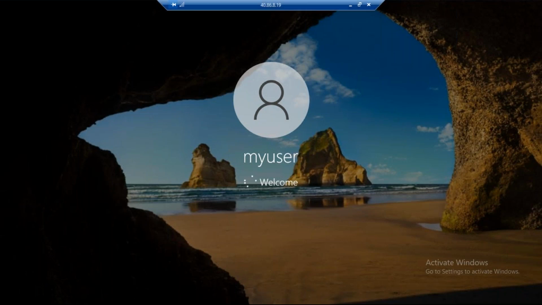So you can drag this. Now my remote desktop is initiating. Let us wait for 1 or 2 minutes.